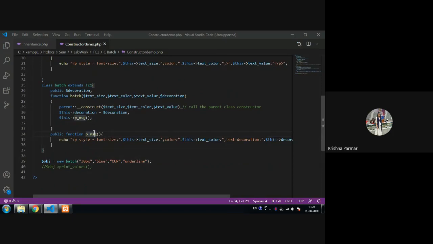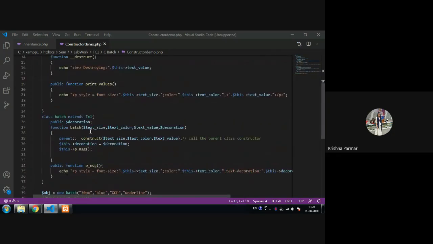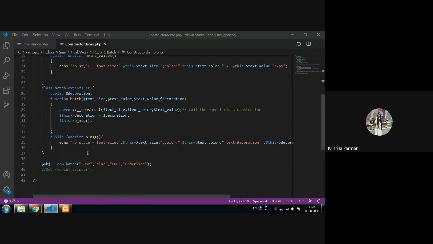Okay, so keep in mind these things. Is everything clear with you, the inheritance concept as well as how we can call the parent class constructor? If you want this code, I can provide it. Just send me one mail for it.